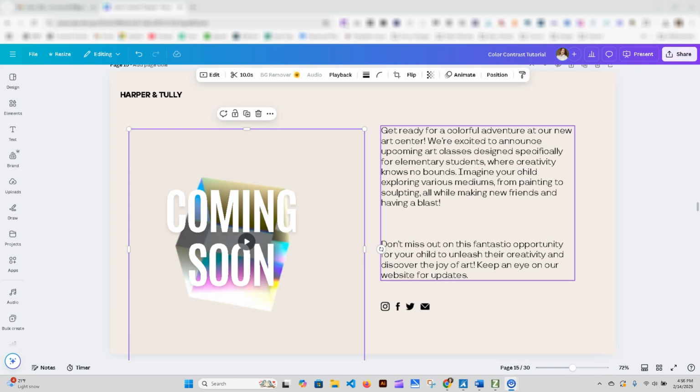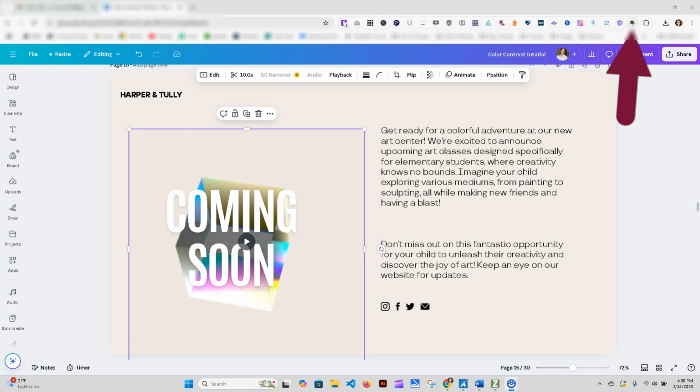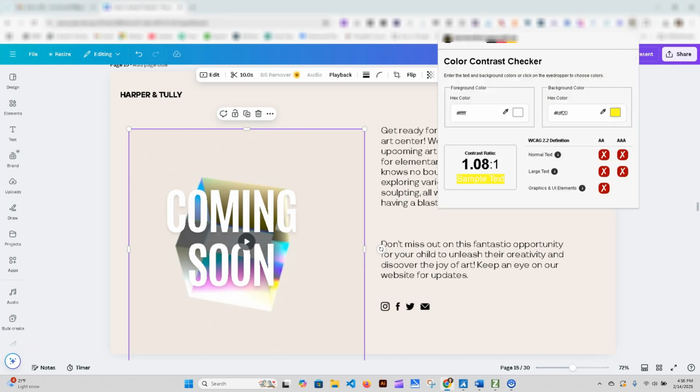This color contrast checker, it's an extension. So once you download it, you'll have this little icon up at the top, and you can just click that open to get to your tool for anything you're testing on the web. To use this, it provides basically the same information, a little different layout, but you have your foreground color. It shows your hex color. So you can't adjust that to RGB or HSL or the other options like you can in the color contrast analyzer, but it shows the hex code, which most people are familiar with.